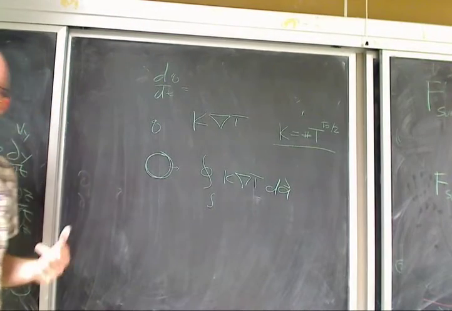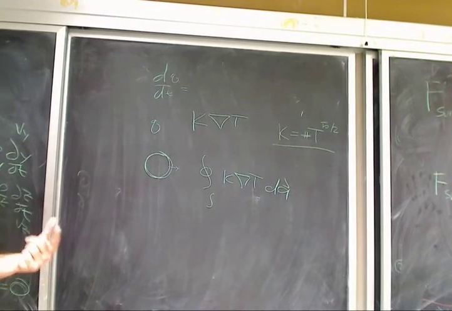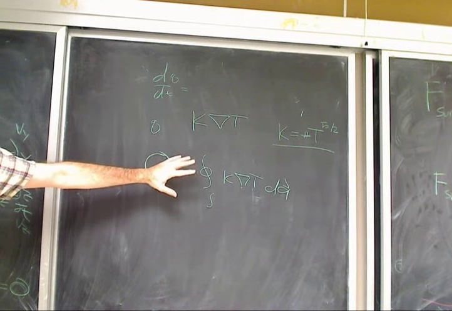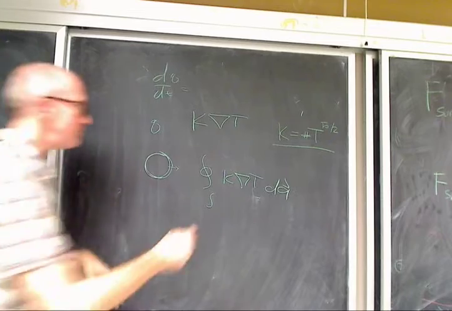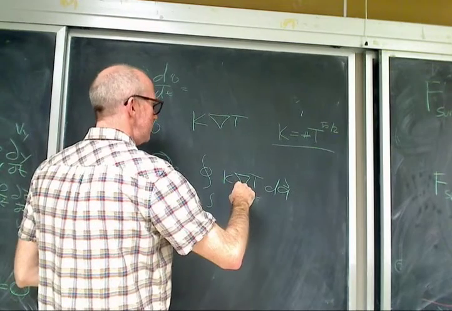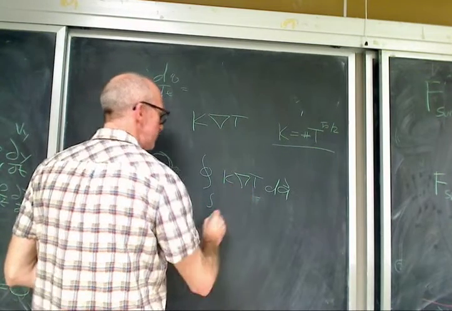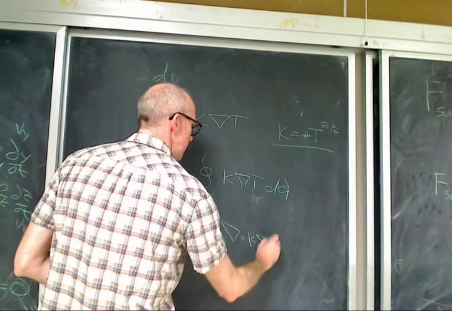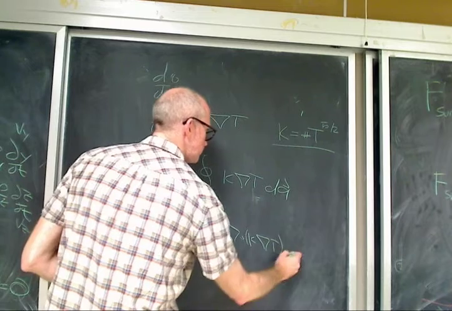Now we don't like surface integrals because they're a headache, so how do I turn this into a volume integral? We've done this already. Whose theorem is it? It's Gauss's theorem. So my surface integral turns into a volume integral of div K grad T